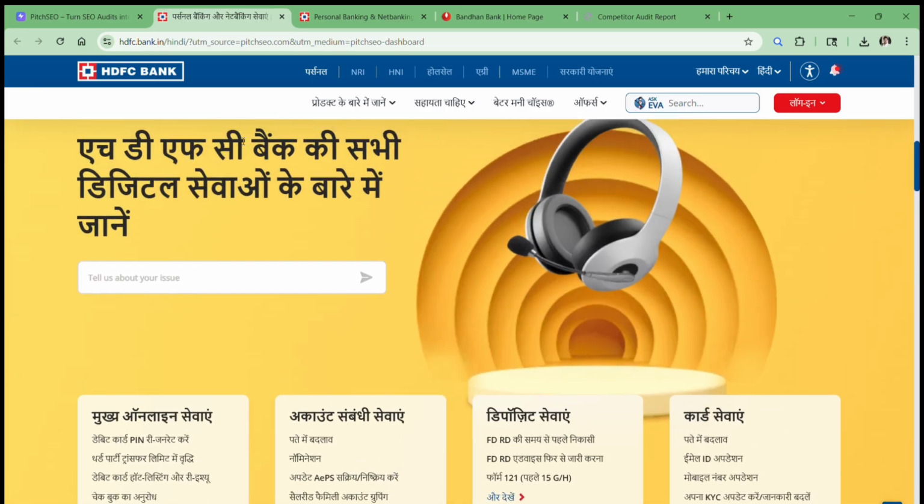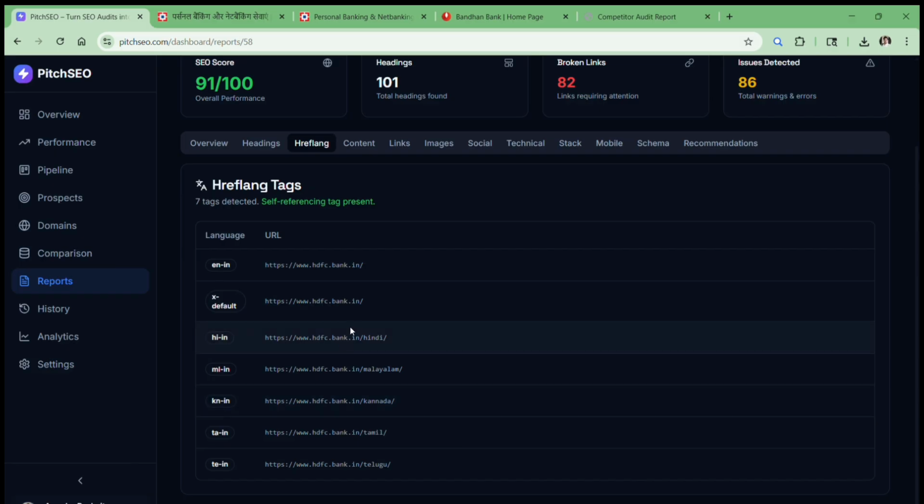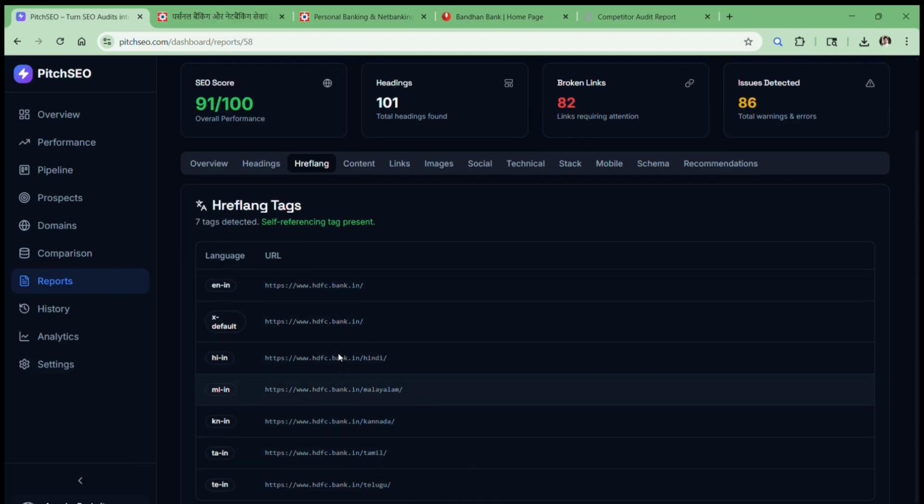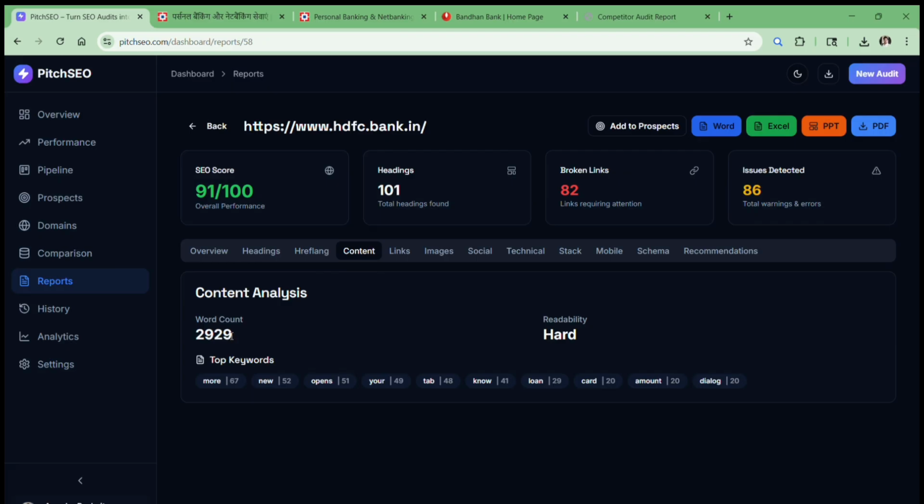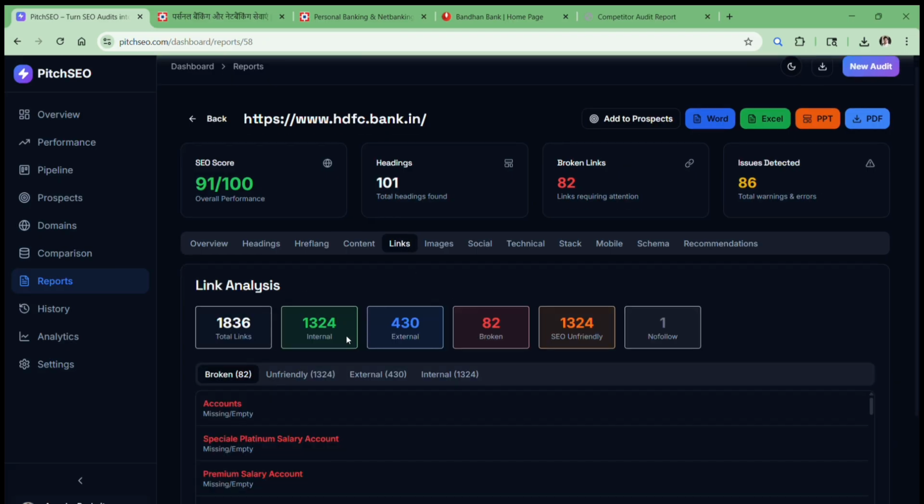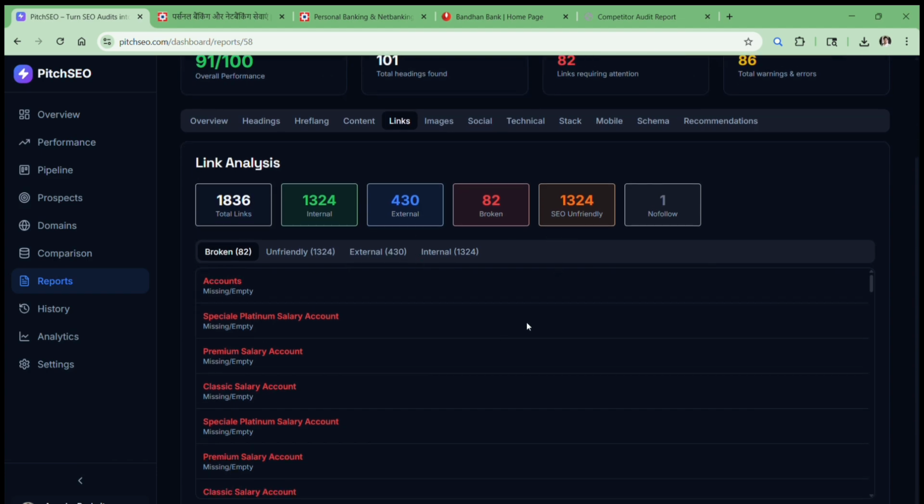So basically this is the Hindi website of HDFC Bank that this particular tool has already captured. Yes, they have the Hindi language. Okay, and then you have the content: how many words, what are the top keywords they're using, what is the readability score. Then you have links: the total number of links, internal links, external links, broken links, SEO unfriendly links,